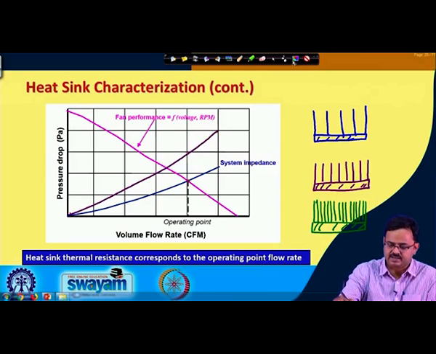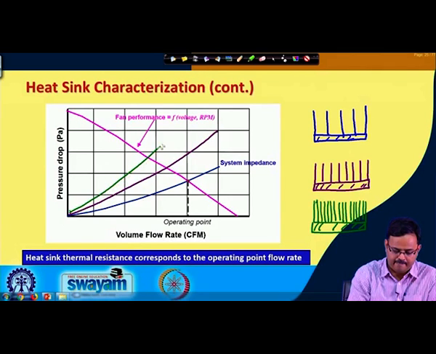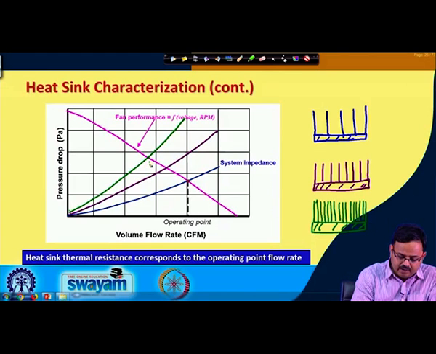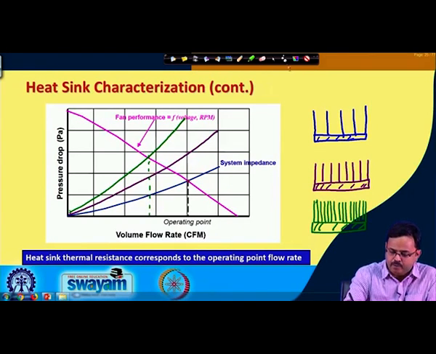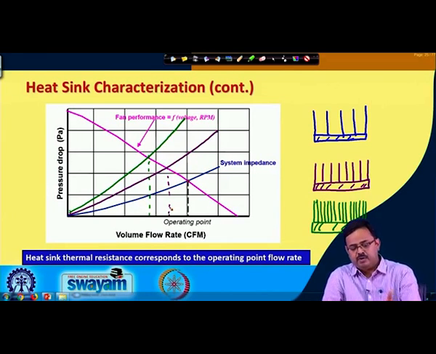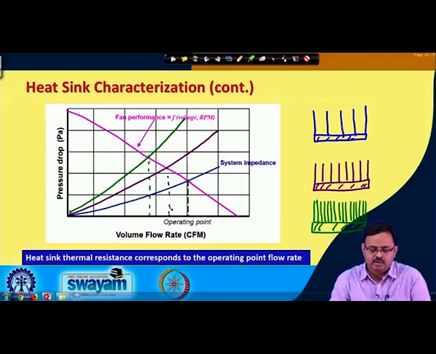It is going to look something like this, and for the green one, something like this. So, see what is happening, my operating point is shifting to the left. So, therefore, I need to be careful, because the operating point of the denser fin, the heat sink, corresponds to a lower flow rate. So, therefore, if I now go back